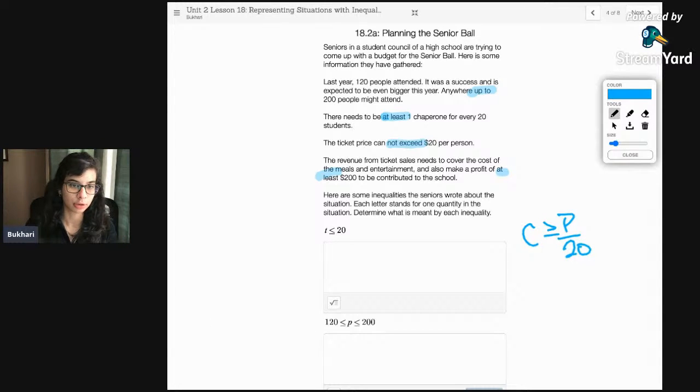Right, that is one of my inequalities on the following slide. And so we want to take a look at what that represents. Where do I see 20? Okay, I see a 20 here, and I see a 20 here. If I'm looking at "not exceeding," that means I'm not passing this number. So I know my variable will have to be less than or equal